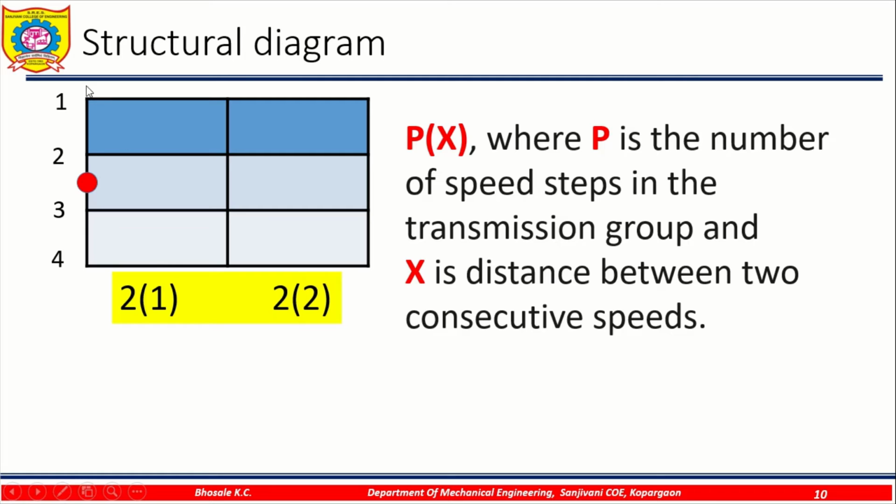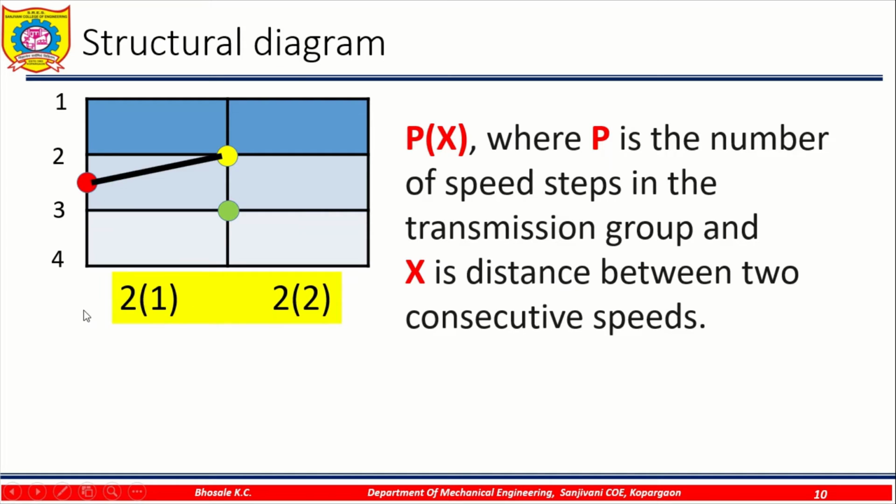This is the first line. On the first line take the center point. From the first shaft, in the first stage the value of p is 2, so there will be two speed steps. So we have to draw two node points, and on the second shaft it indicates that from the first input there will be two rays at a distance of 1. So we have drawn the two nodes on the second shaft with a distance of 1.